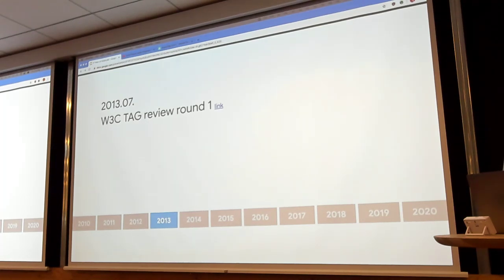It means that some parts of the spec needed significant surgery so it could transition to the next phase. The TAG raised multiple critical issues on the spec, but the most important, most problematic part was the ScriptProcessorNode. Everyone knows that, right? If you work on the web, web music or Web Audio API, ScriptProcessorNode is a very valuable tool, right? But it has some design flaws. Let me expand a little bit on that.